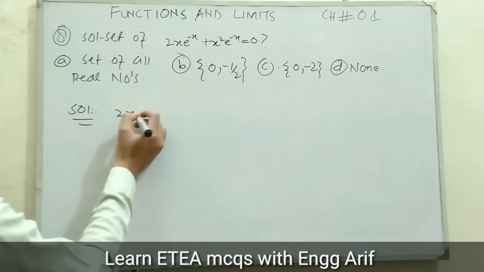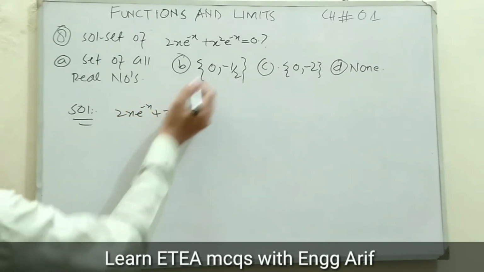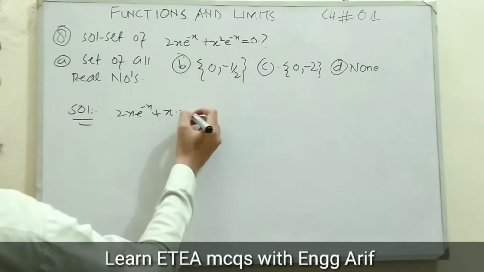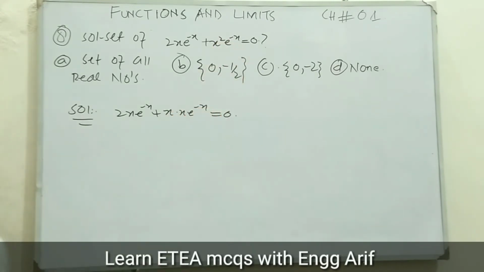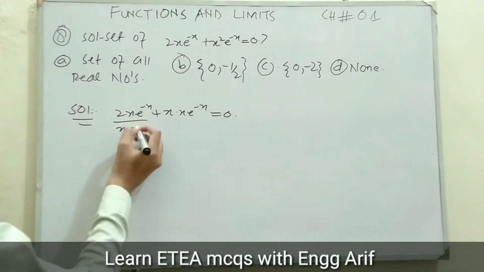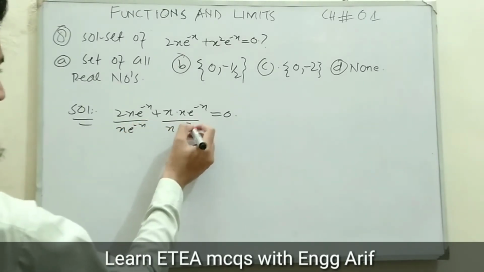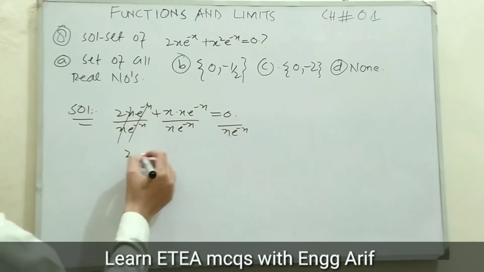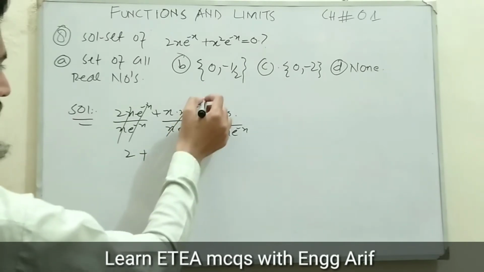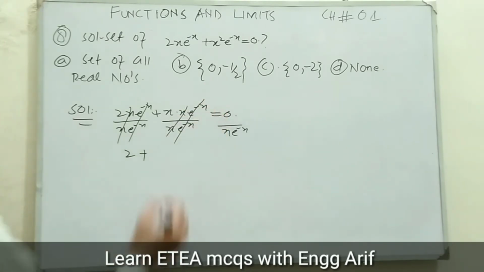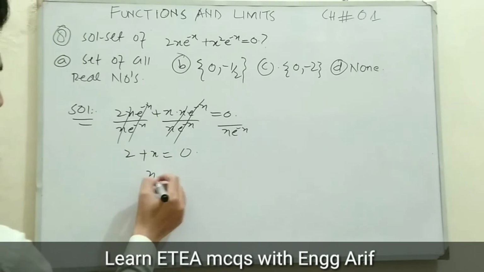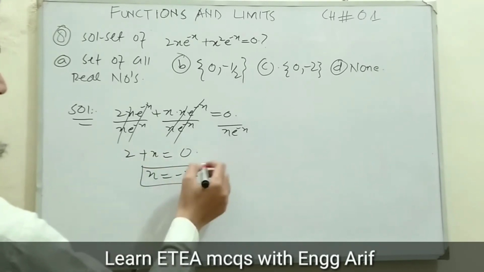Taking the given equation, 2x e raised to the power minus x plus x square, which can be written as x dot x, so x dot x again gives us x square, e raised to the power minus x is equal to 0. Now divide the whole equation by x e raised to the power minus x. The x e raised to the power minus x is cancelled. We are left with 2, and here x and x are cancelled, and e raised to the power minus x and e raised to the power minus x are cancelled. We are left with x plus 2 equal to 0 divided by something, which gives us 0, and shifting 2 to the right-hand side, it becomes x is equal to minus 2. So the required answer is minus 2.